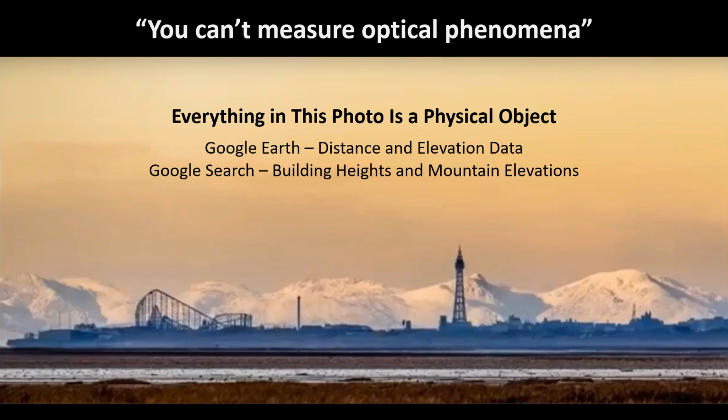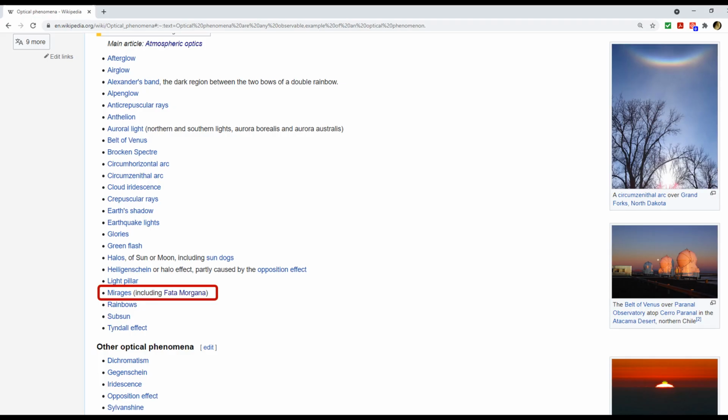distance from the observer. And the hypocrisy is that globers have done the exact same thing that flat earthers do when they use photographs to try to disprove the globe. They go to Google Earth to get distance and elevation data, and they do a Google search to get building heights and mountain elevations. But there is a second part of this that does need to be addressed, because there